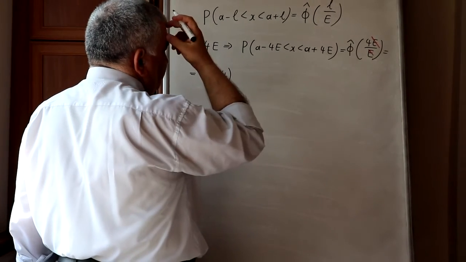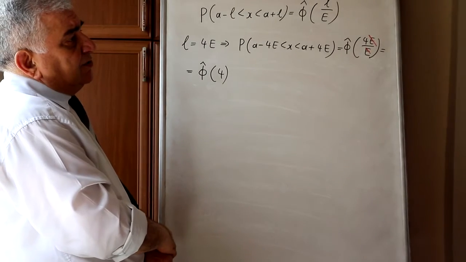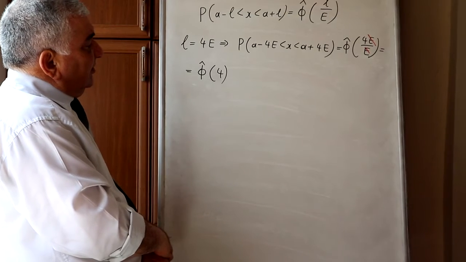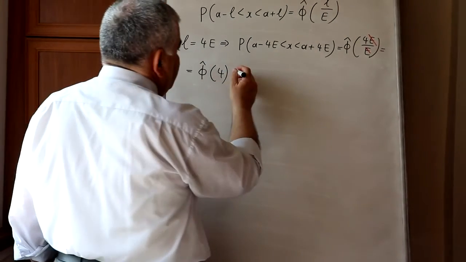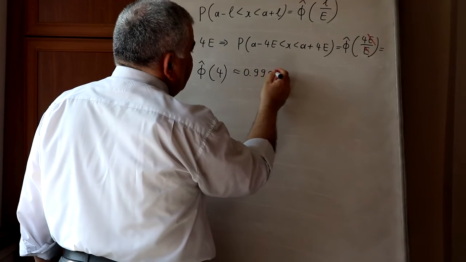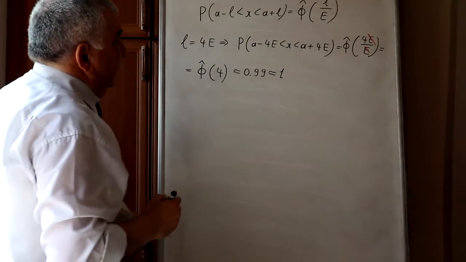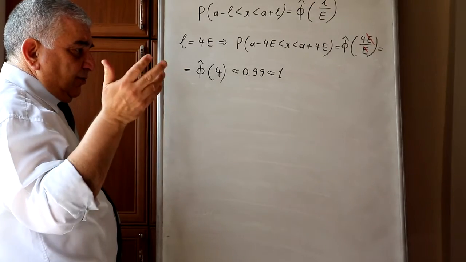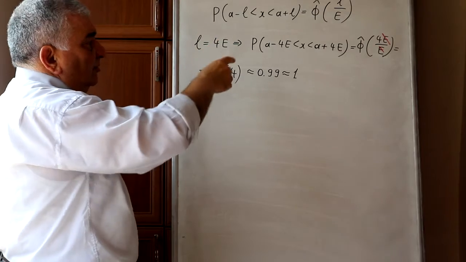And according to the table of reduced Laplace function values, we will obtain that it is approximately 0.99, or also we can take approximately unit 1. It means the continuous random variable with the normal distributive density will always belong to this